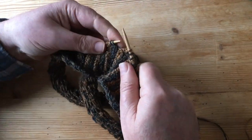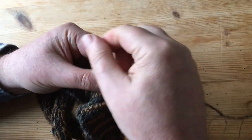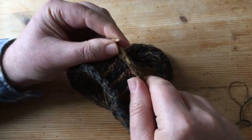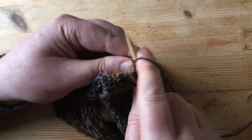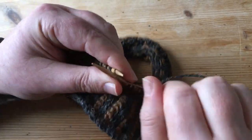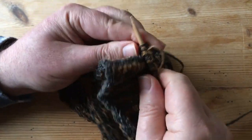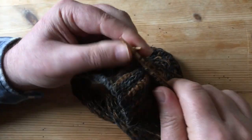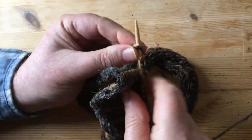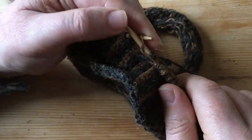So it's 2 knit stitches. So I'm just going to knit the 2 knit stitches, and then it's bring the yarn forward. So I'm bringing the lighter colour yarn forward and purl, and then 2 knit stitches again. Bring the yarn forward, purl, and take the yarn back. So 2 knit stitches, yarn forward, 2 purl stitches, yarn back, 2 knit stitches, yarn forward, 2 purl stitches,